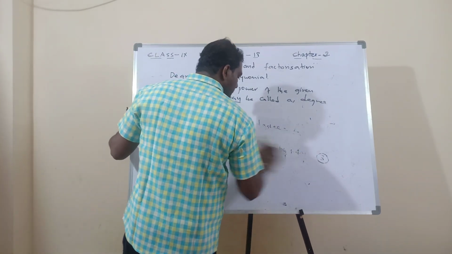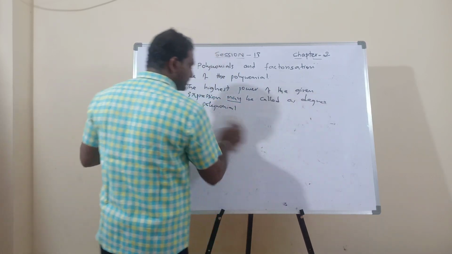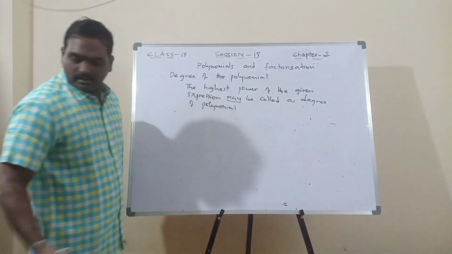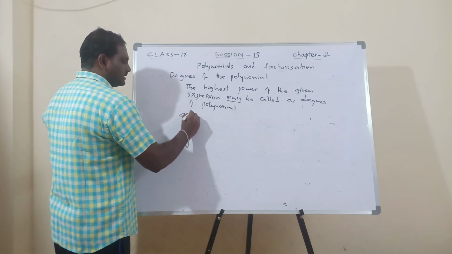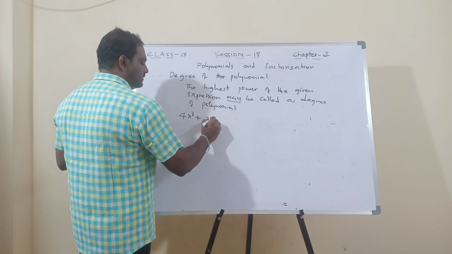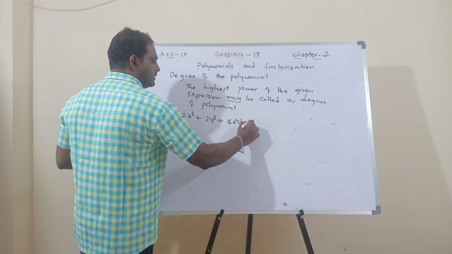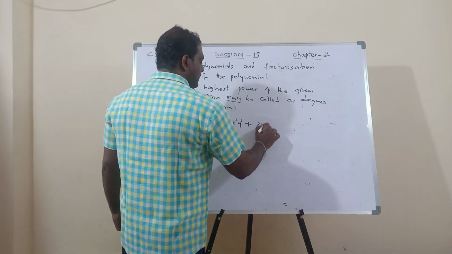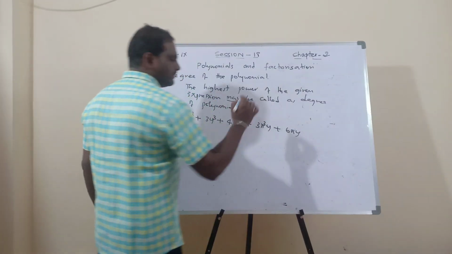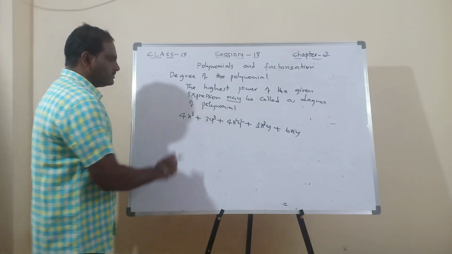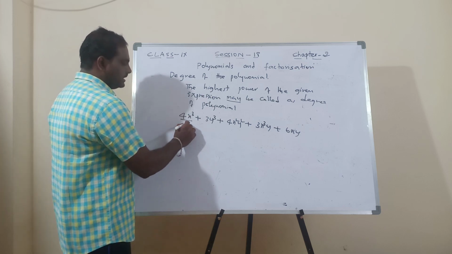Suppose a combination of 2 variables is given, rather than a simple single variable, like 4x cube plus y cube. Suppose an expression like this is given: 4x cube plus 3y cube plus 4x square y square plus 3x cube y plus 6xy. Let us check. So in this case, how many terms are there? 1, 2, 3, 4, 5 terms are there. This is very simple. What is its degree? Yes, its degree is 3.